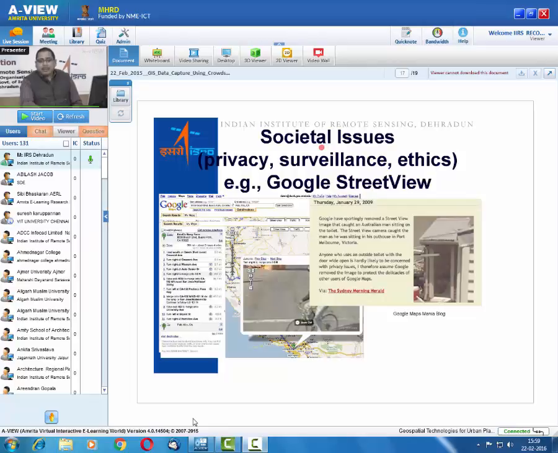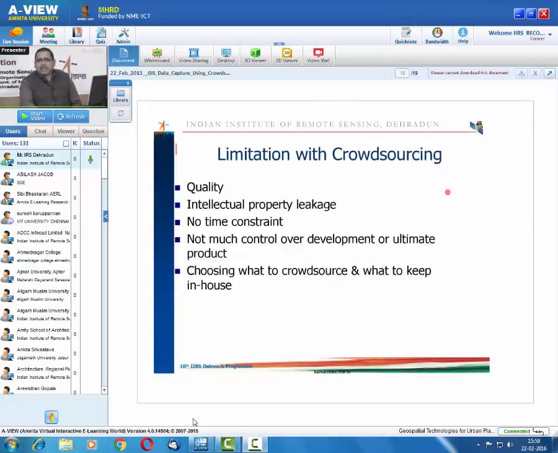There are many more such examples available where this participatory approach is being implemented, especially Wikimedia or Wikipedia. Google has various tools where the public can participate in the data collection activity itself. Yes, there are certain limitations in this technology: the quality of the data, intellectual property leakage, no time constraints, not much control over the development or ultimate products, and choosing what to crowdsource and what to keep in-house. Of course, these may be some of the issues, but ultimately this technology plays a very important role when